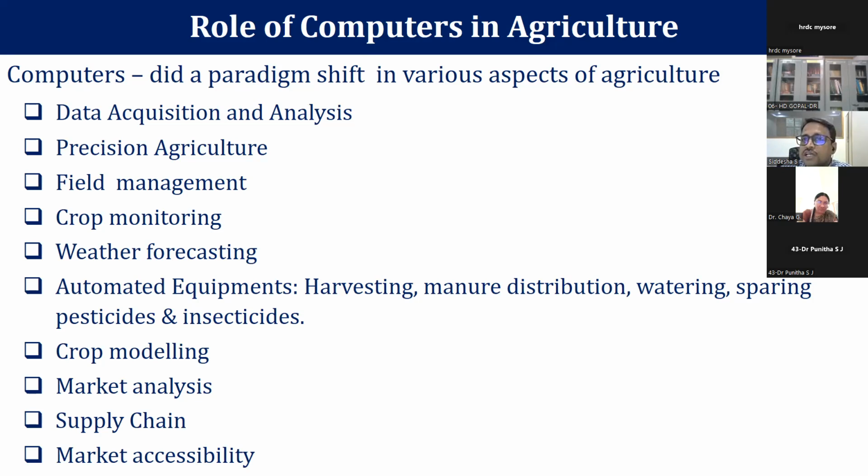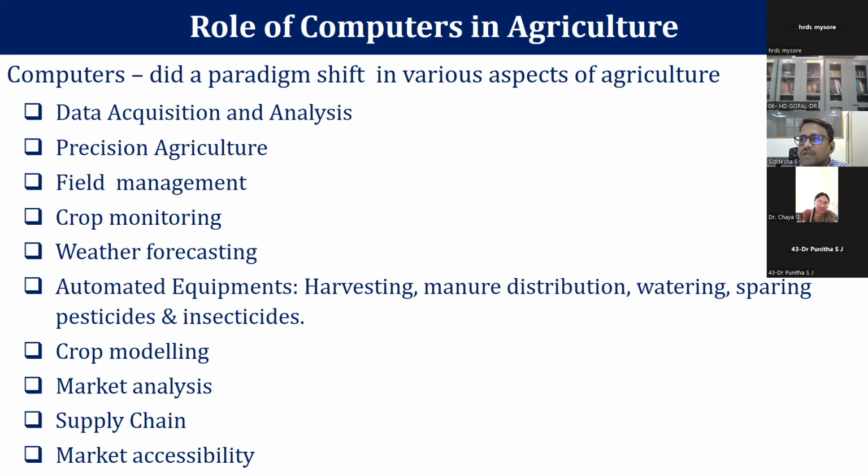Disease detection at the initial level, at the nursery level, is one of the important tasks, because if it is not treated in time, the disease might spread through the whole field. That once again leads to huge loss. And another is weather forecasting. Based on different criteria, we can predict certain parameters for certain areas.